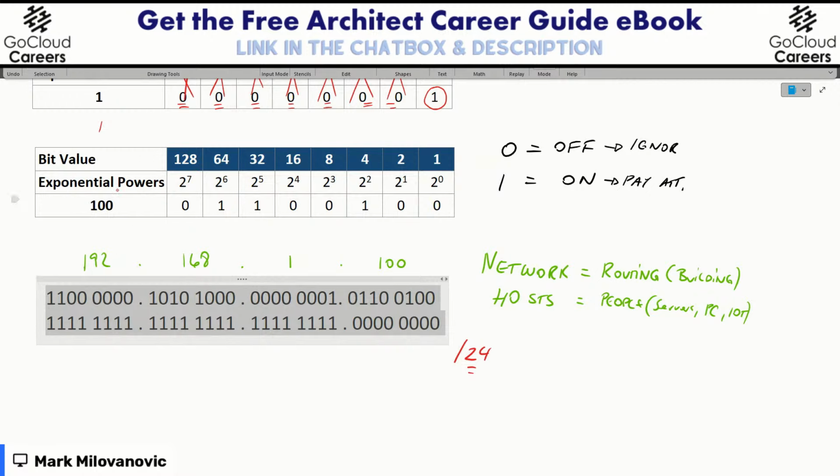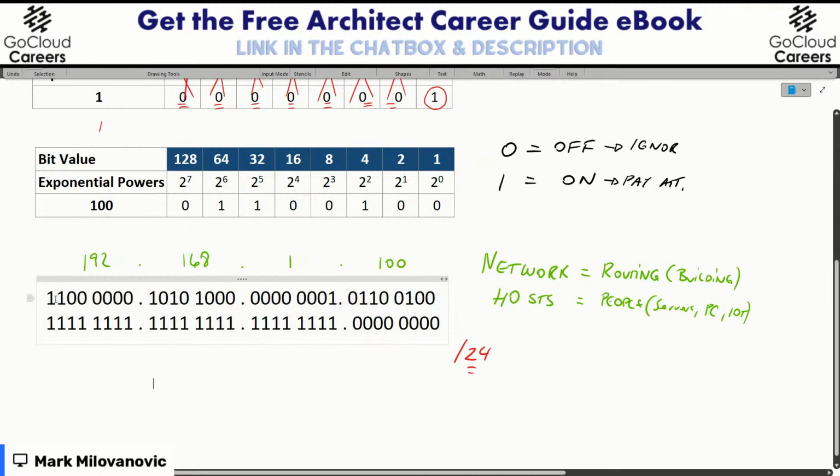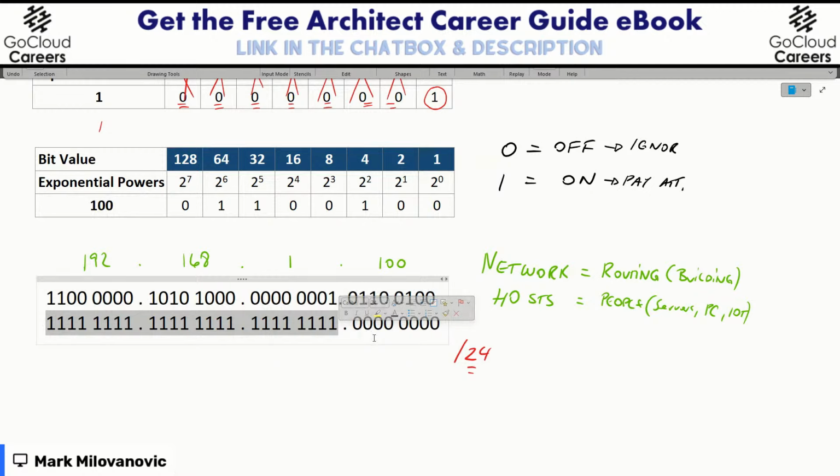So is everybody with me so far on what I just did? This is my IP address in binary. Through the consecutive ones from left to right, I'm setting up which bits I want to pay attention to, and they make up the network portion, my routing portion. Eventually that goes on a router, on a firewall, and so forth. If you want to think of my mask this way, instead of hiding something, the mask reveals something to us. In this case, it reveals what the network portion is.